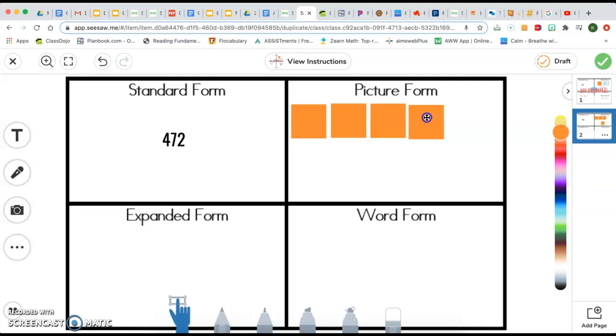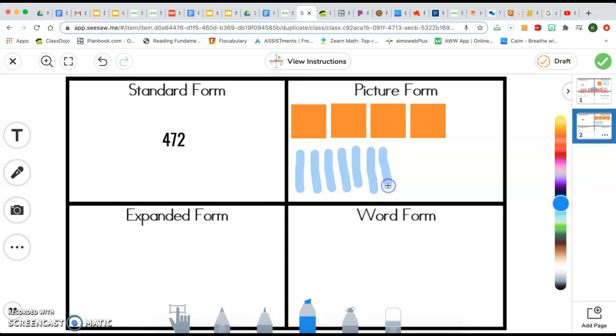Now I need to go to my tens place. There is a 7 in the tens place, and here are base 10 blocks for tens. So for those I'm just going to draw a straight line. I'm going to change the color to blue, and we're going to do 7 tens. 1, 2, 3, 4, 5, 6, 7,